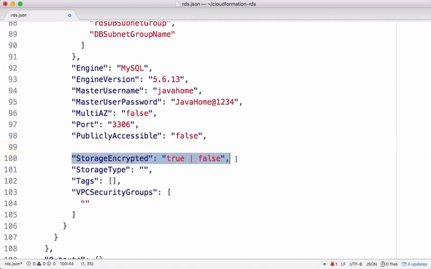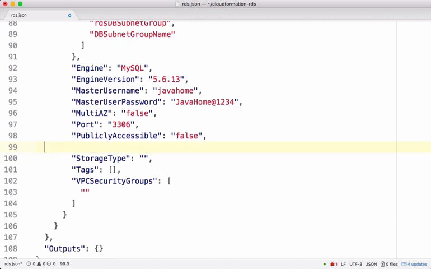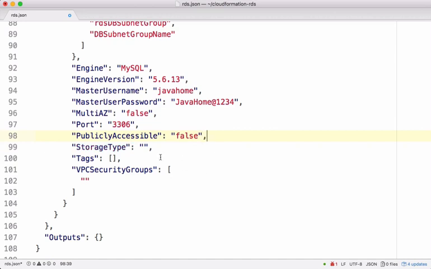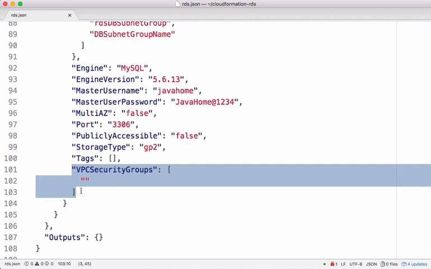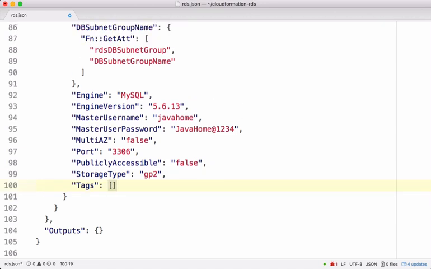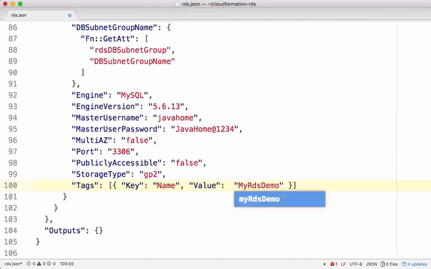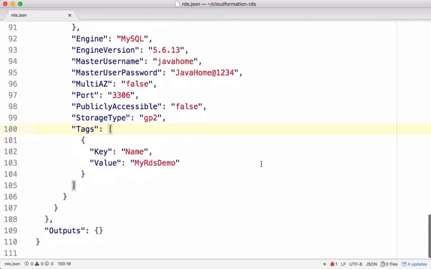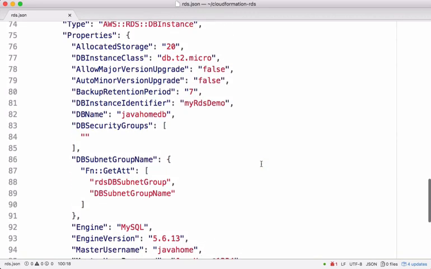Storage encrypted, by default it is false. Let's go with default again. A storage type, I'm going with general purpose. The code is GP2. This is not required. Let's add tag name. So all right,